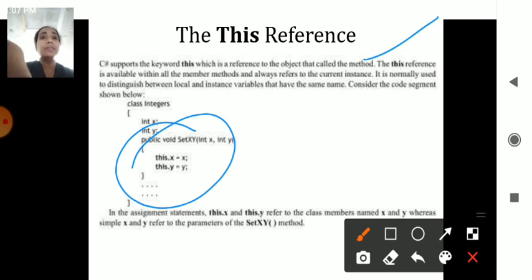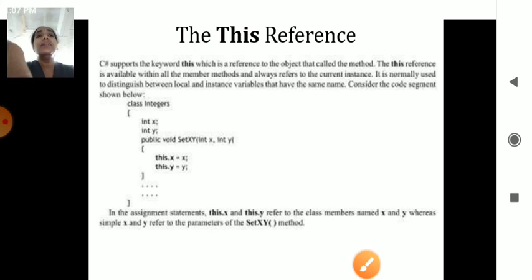The this reference is nothing but, when I say this x, whenever I call the calling element, it will first go to this part and execute that, and afterwards it may execute the other elements. That is the this reference. This is the way in which it is used. The this reference is also used in the index concept. Indexes are used in C# like array types, so they use the concept of the this reference.